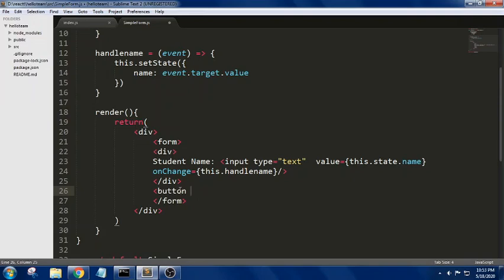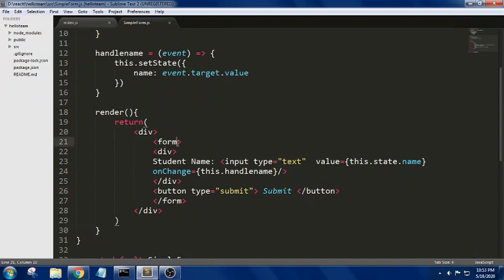So for this I am trying to write button type equals submit here, and I am trying to close this button. Now we have created a basic button, that is, we have added it in the JSX. Now after placing this button, in order to render this method and call this function, we should use something called a handler for this.